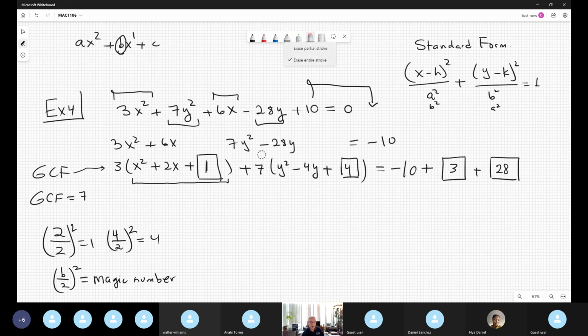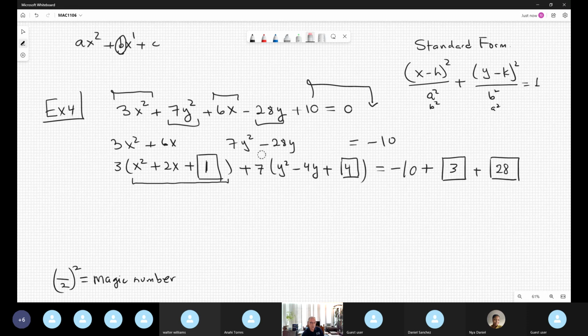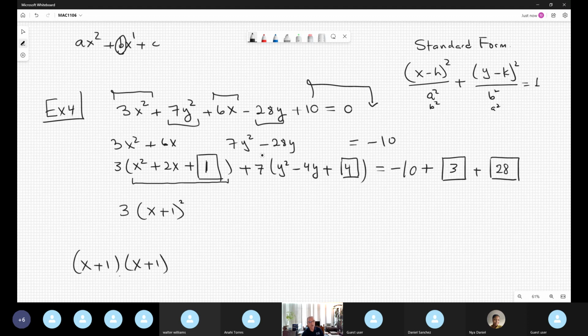Okay, how? Well, I copy 3. The factorization of this is x plus 1 squared. Remember, this trinomial is perfect square. That means that the factorization is x plus 1 times itself, twin brother. Okay, you can condense it in only 1 square. Likewise, this is 7, y minus, because this sign is negative, and the square root of 4 is 2 squared. Then, in the right-hand side, we have